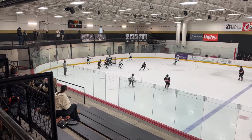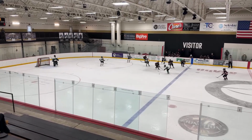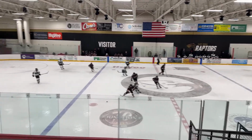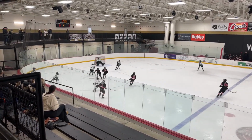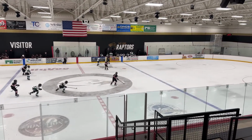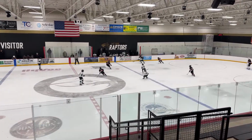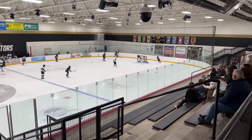Bowden retreats behind Anderson, sends it to Hunter by him. Punches it out to Mikey. Mikey tried to touch it to Omen, and Omen did a nice job changing speeds to grab that puck. Omaha was able to pick it up, though. Cottage Grove back the other way. Mikey tried to feed it around the Omaha player. He's able to get it across the blue line. And now in deep is Mikey, as he was skating the other way, jammed it deep into the Cottage Grove